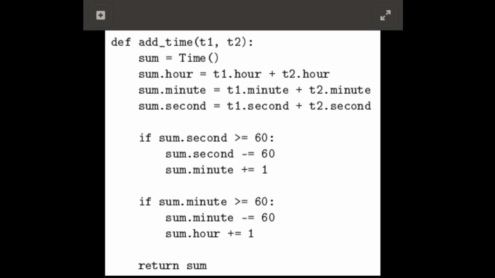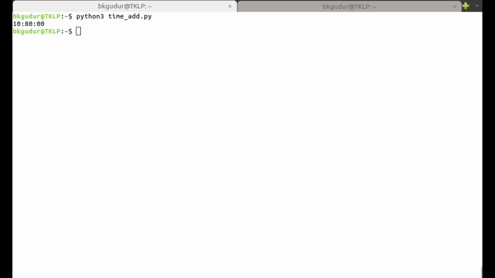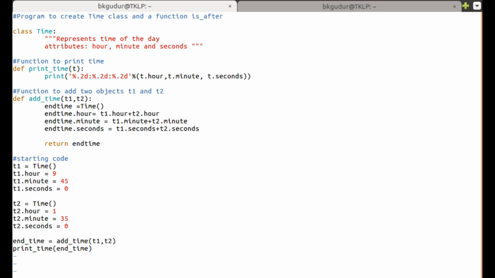If we see the output of this, we'll modify the function and later we'll see it. Let us modify our function like this. This is add time.